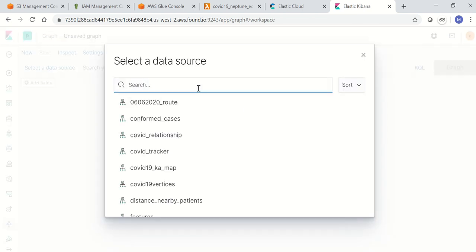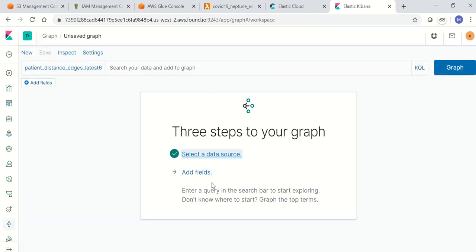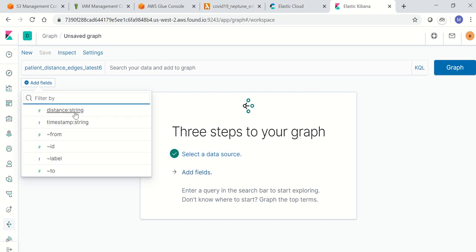Select the data source. I had already created this data set and exported it. Now we can select which one we want to show.